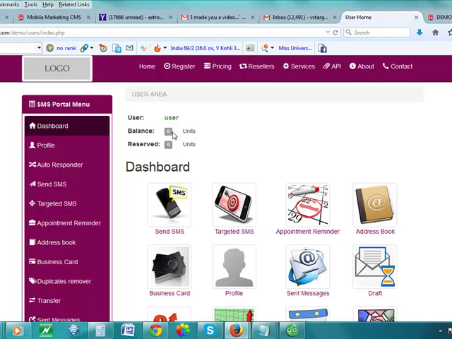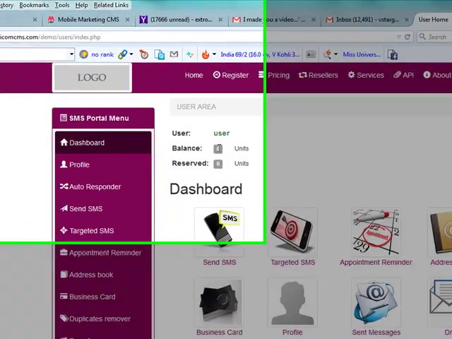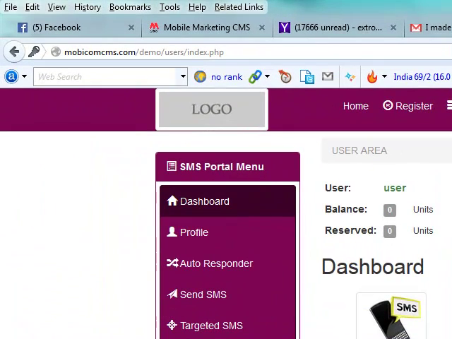Let us assume you have 5,000 balance units here and you've scheduled a message that needs 400 units to be delivered. Once that schedule is done, the total number of SMS units required for all your scheduled SMS comes here. For this first scenario of 400 units required, this 0 is going to change to 400, meaning